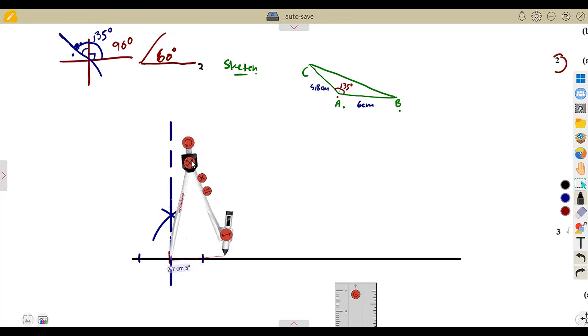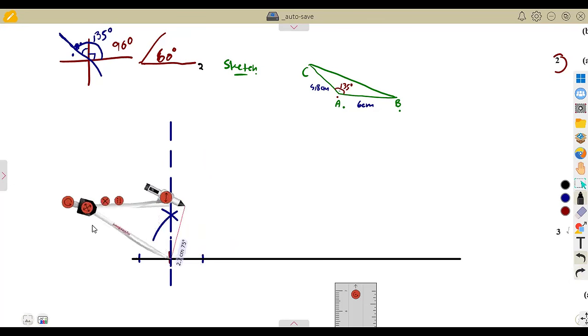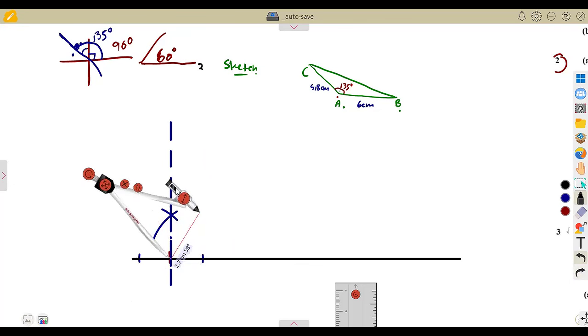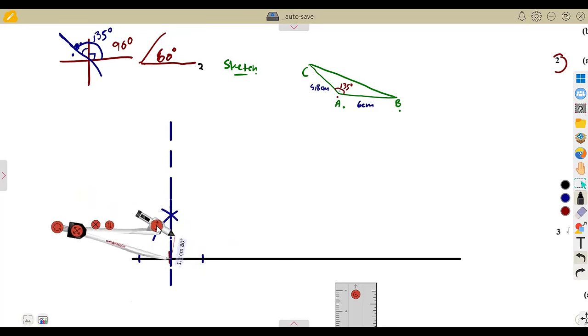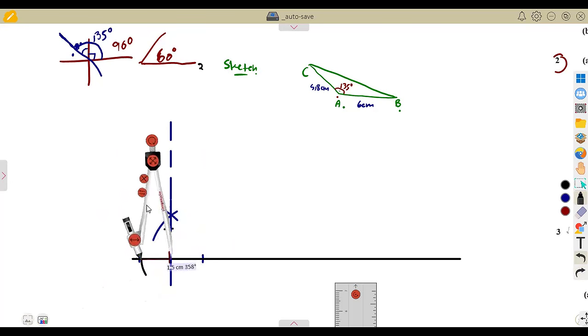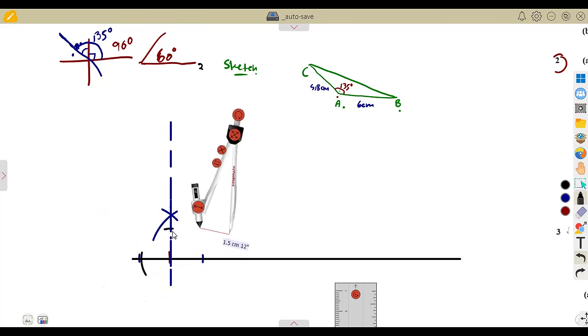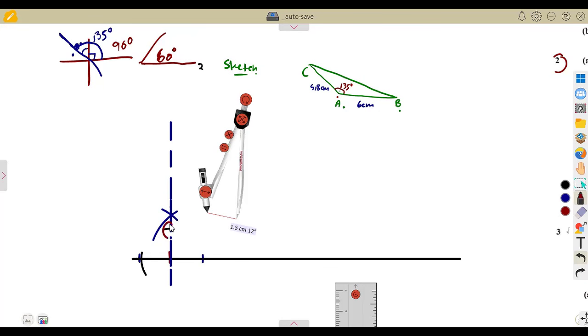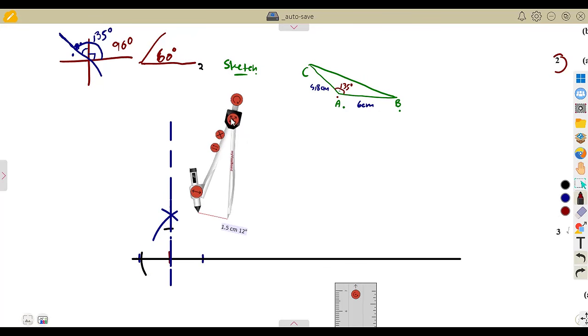Remember to bisect an angle, mark at this point, then you're going to mark 2 points along the line. Just make sure the part that you use is also along the line. So you mark an arc this side. You do the same thing on this side of the line. You mark an arc like this. So on these two arcs, this point of intersection with the line, and also this point of intersection with the line, without changing this distance that you have,